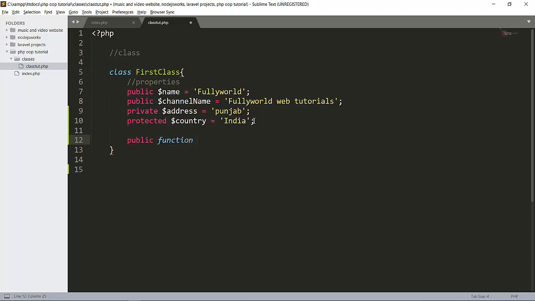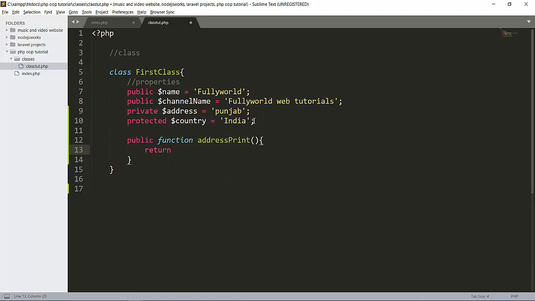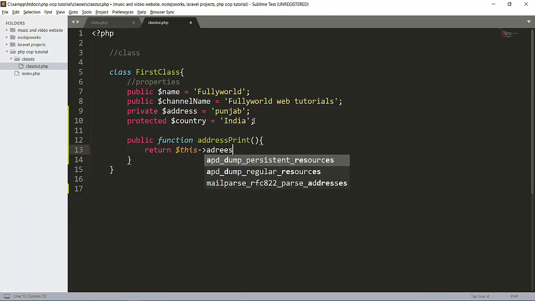The function name will be address print. So now we will simply return $this and our address variable name.